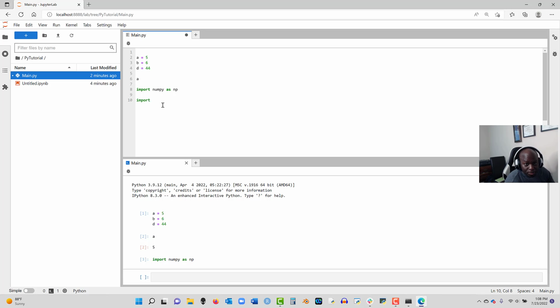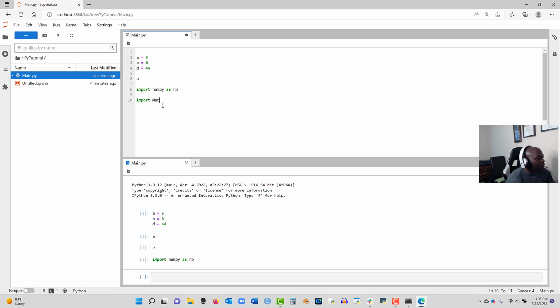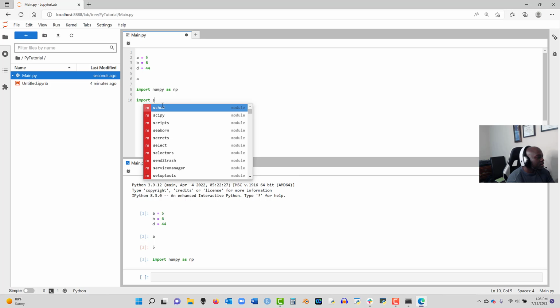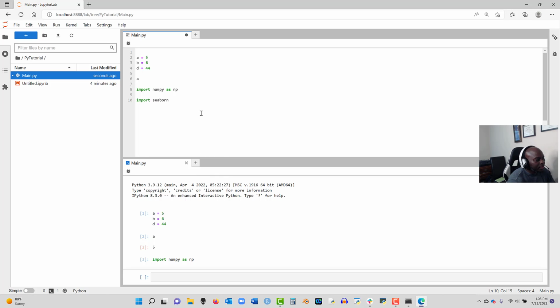Another thing I like about Jupyter, you can get keyword help that spells out things by pressing the tab key. So if I hit tab, it'll pull up all the things that can be put here. I'm looking for, let's see, Seaborn. Remember I used that earlier. So once I see it, either I can double click on it or I can press enter, as sns. And then I just brought this in just to see a plot,